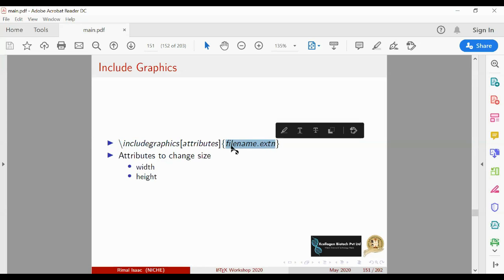You have to keep in mind that you put the file name .jpg or .png or something. This file you have to keep inside the folder where you have saved the .tex file. If you are creating a LaTeX document, you will save the file as a .tex file. You have to put the images also inside the same folder containing the .tex file. If you put them somewhere else, it will not understand where you have put them. So keep in mind that images should be present inside the same place where you kept your .tex file.